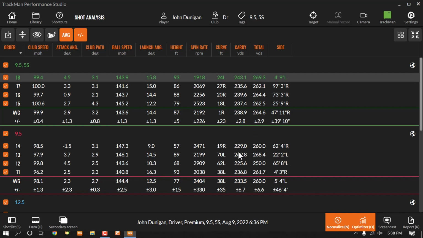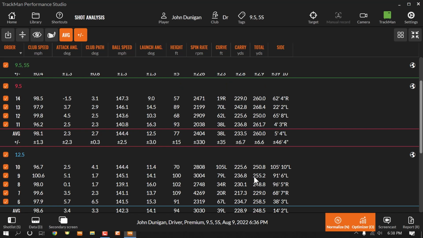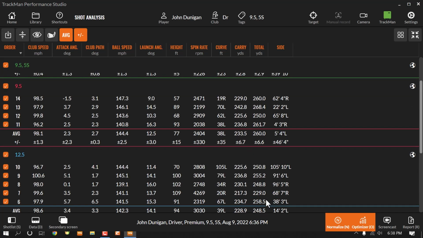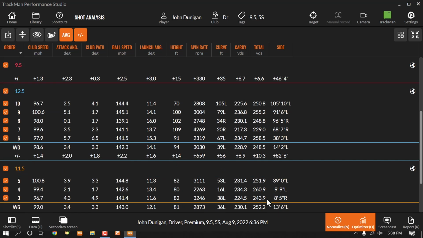We would say with the 5S, average speed 100, and we've got curve at 22, okay. 238, 264. 9.5 with the 6S: 237, 261, 233, 260 average. So a little longer with the 5S so far. With the 12.5, I've got 230, almost 240. I lost yardage by lofting up too high. With the 11.5,